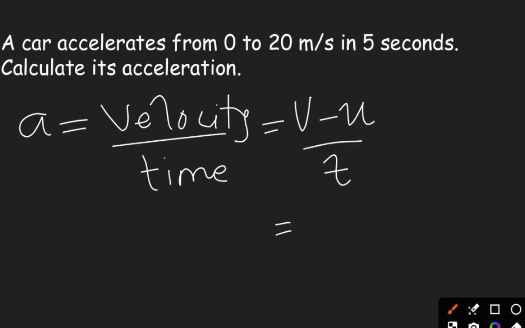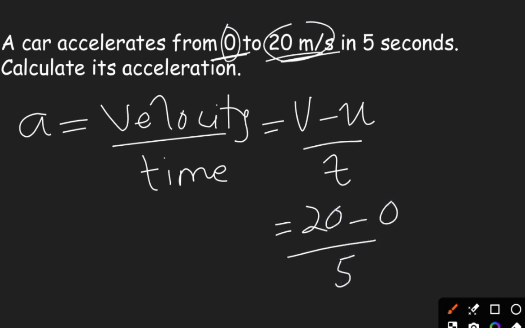So, let's just start with this question. A car accelerates from 0 to 20 meters per second. Now, for this question, the initial is 0, final is 20. So 20, which is the final, minus 0, over 5. 20 minus 0 gives us 20 over 5. So before we look at the final answer, which we know is going to be 4, let's break down how